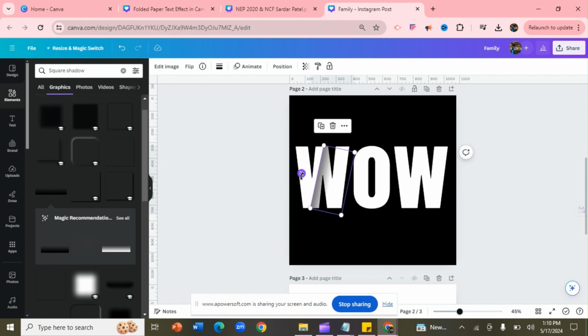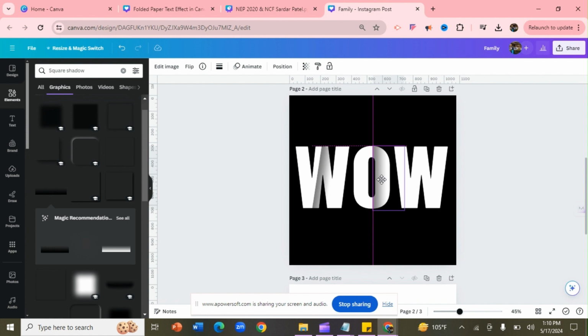So still it is not placed properly. Yes, I think this is perfect. Now you can copy the same, duplicate it, and get it done here in the O also. You can twist and turn and then place it accordingly. If you want to place it a little bit this side or this side, I think this will do.